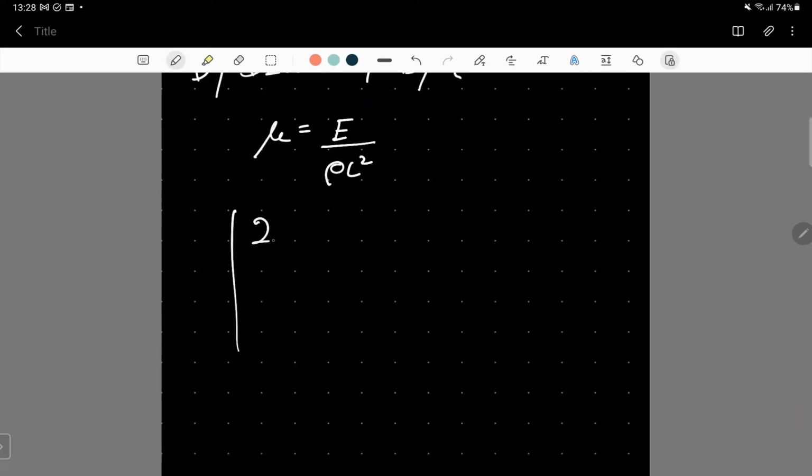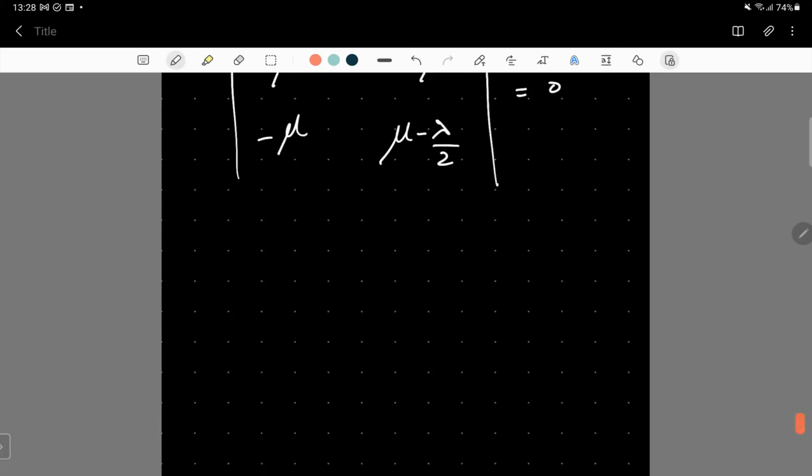You can try it on your own. I will simply write down this equation here just to save time. Mu minus lambda divided by 2. Okay, so for evaluating this determinant, what we obtain is lambda is equal to 2 mu plus or minus